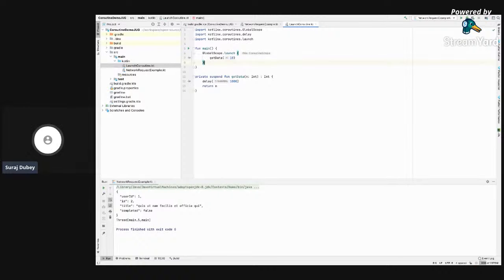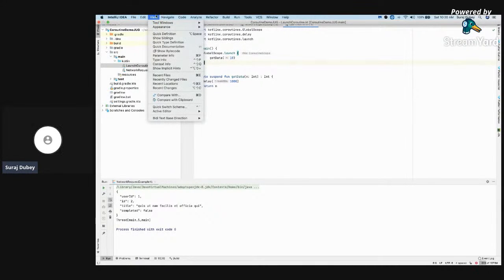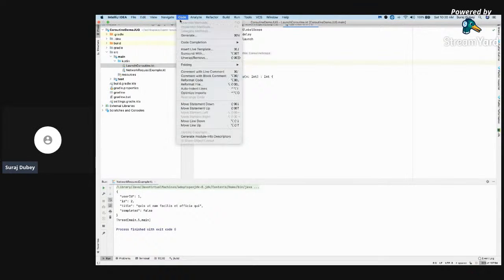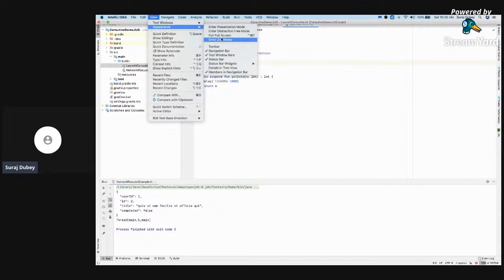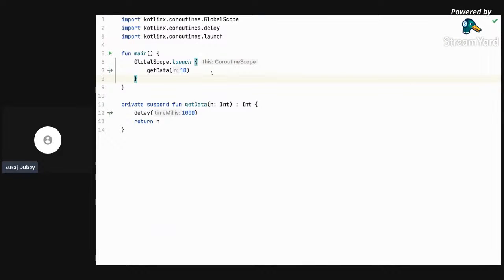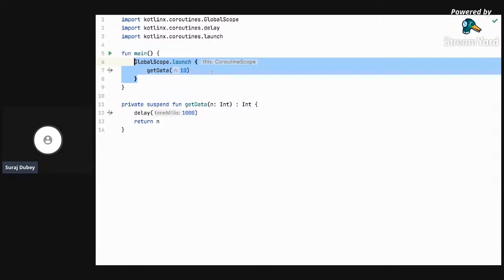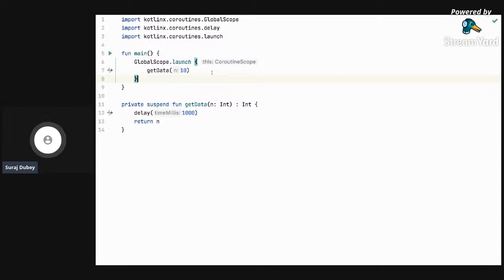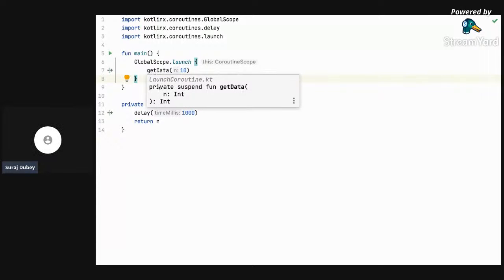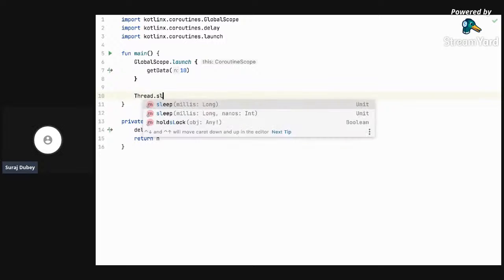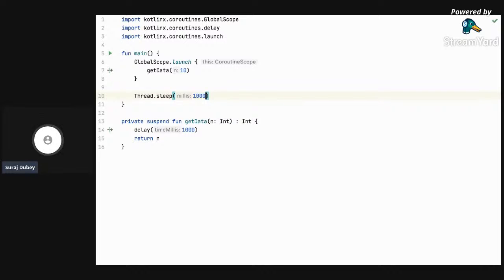So what is going to happen is immediately line number 6 to line number 8 is executed, and I would rather go into presentation mode. I should have done that earlier. My apologies. So if we see here, line number 6 to line number 8 is executed, and the control immediately comes to line number 9 and the program simply exits. What we want is to hold off until we see the response of this getData. So for that we are going to use Thread.sleep here, for say 10 seconds,